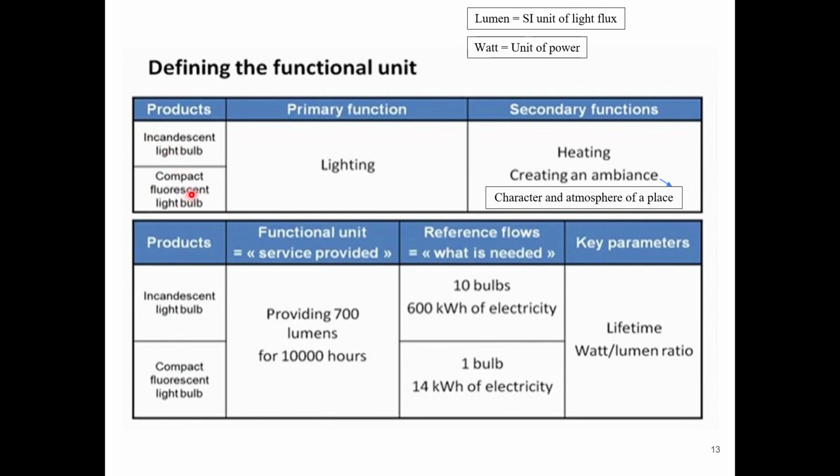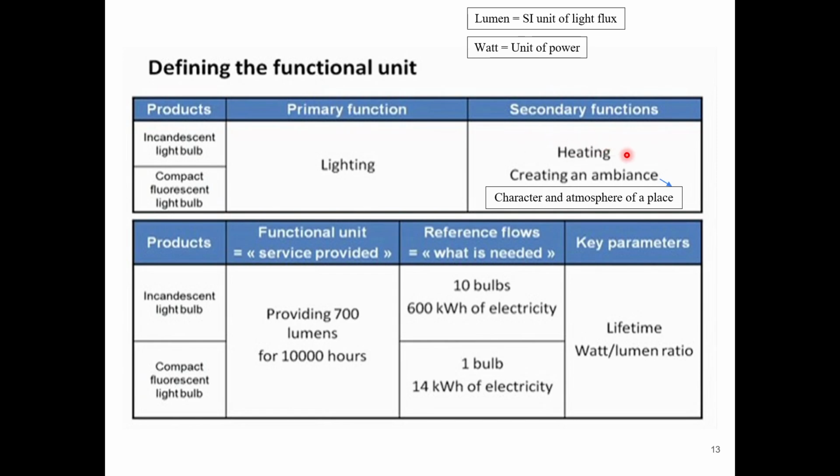incandescent light bulb and compact fluorescent light bulb, what was the primary function? That is the specific function, so just lighting. And what is the secondary function? This is a general function, so it will be heating, obviously. So the incandescent light bulb will have a much higher heating. As I told you, 95% of the energy is not used, it is released in the form of heating,